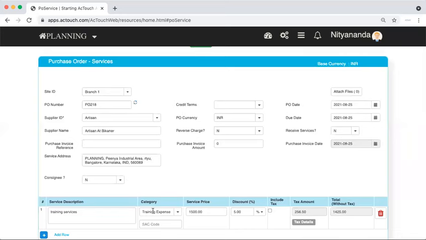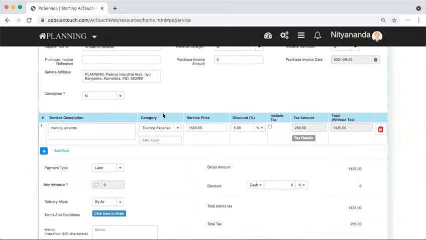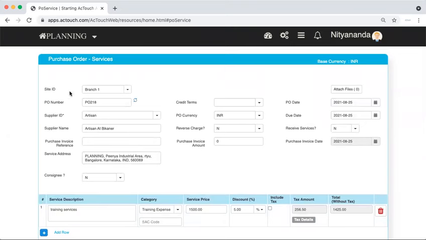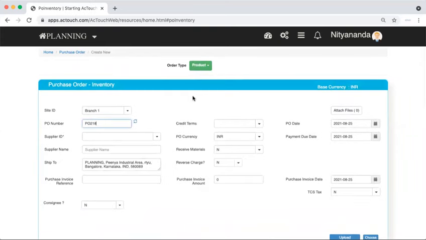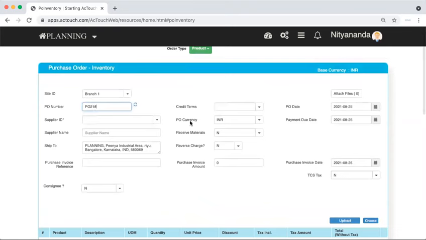The important point is, other than the service description, the rest of the parameters are the same across both the documentations. Means wherever you create a purchase order directly for an inventory item or for services, the dashboards are the same for you. So I'll just pick up a supplier here, some cash supplier.